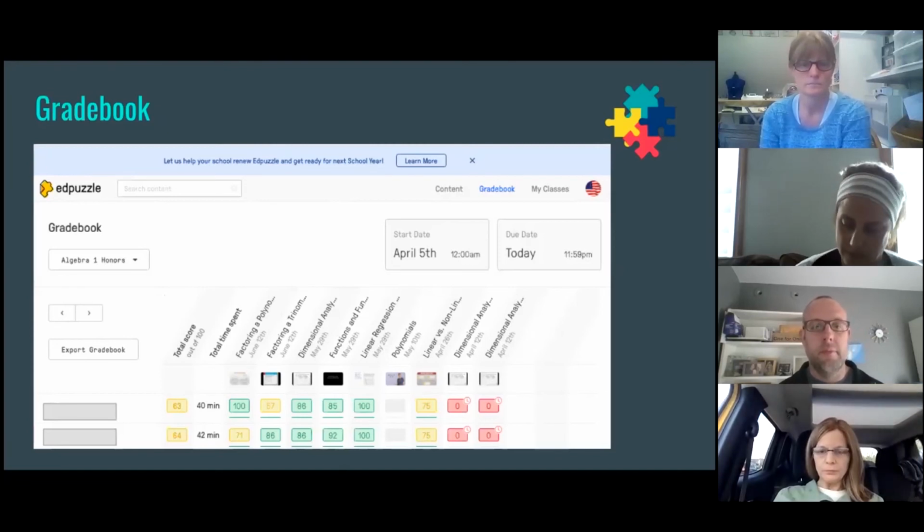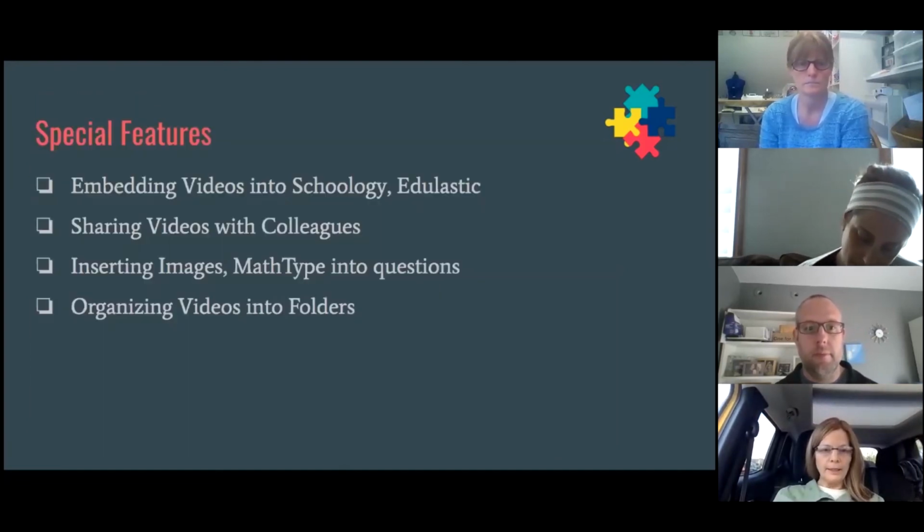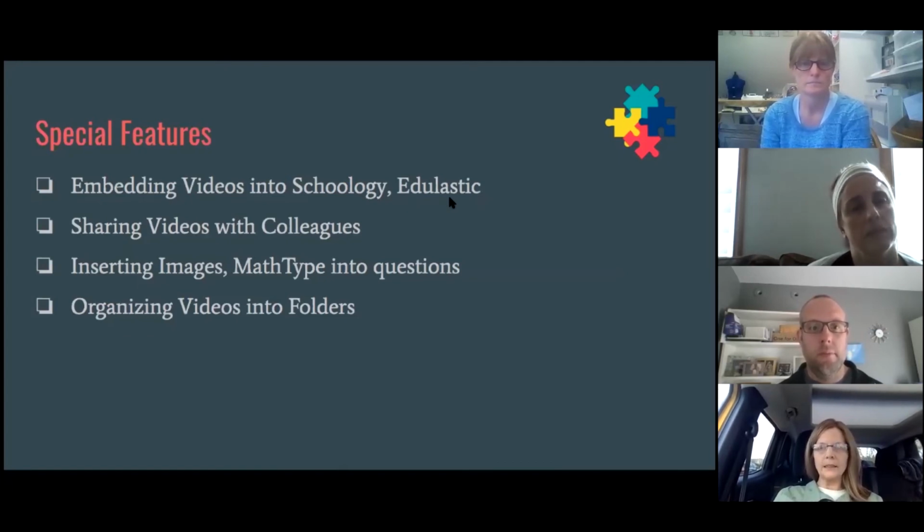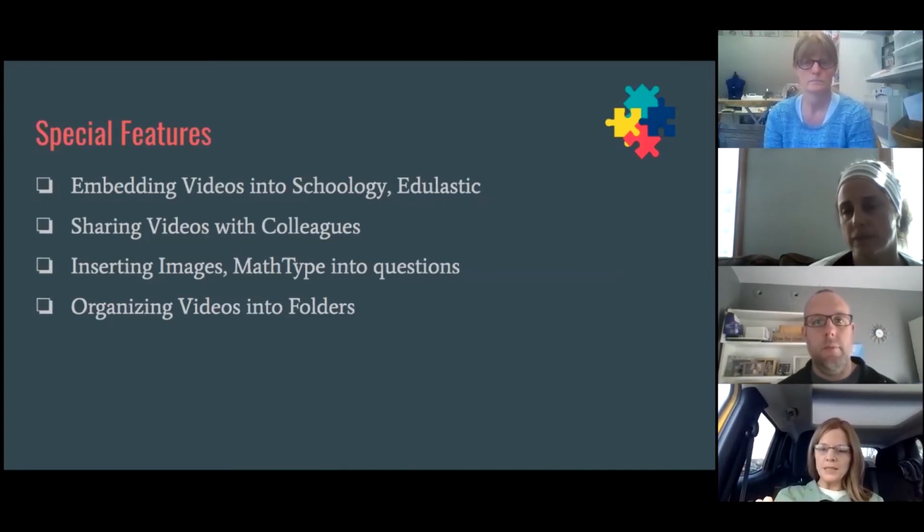And I think you can embed the videos into Edulastic. When I assigned that, ladies, when I pushed assign, there was this share button that was there. That's where you get your link, Amy, that you can plop it into Google Classroom, or you have to assign it in order to have that link.